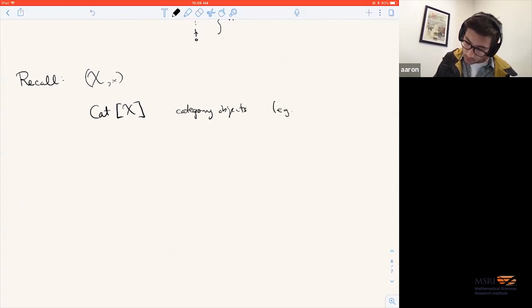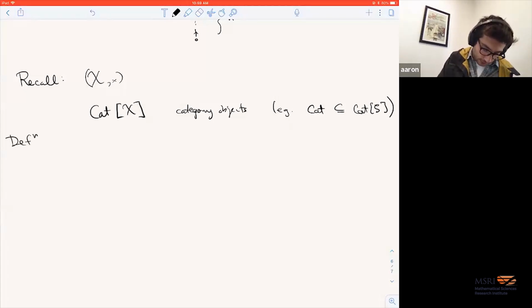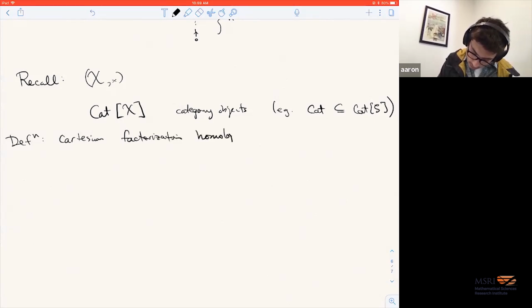For example, Infinity categories are category objects in spaces. So here's the definition. Cartesian factorization homology beta